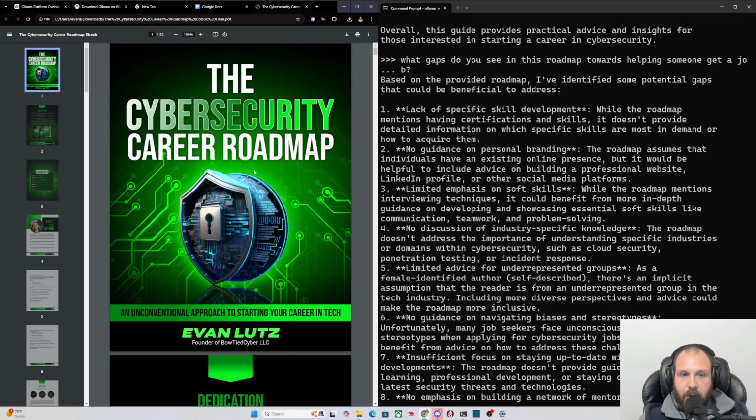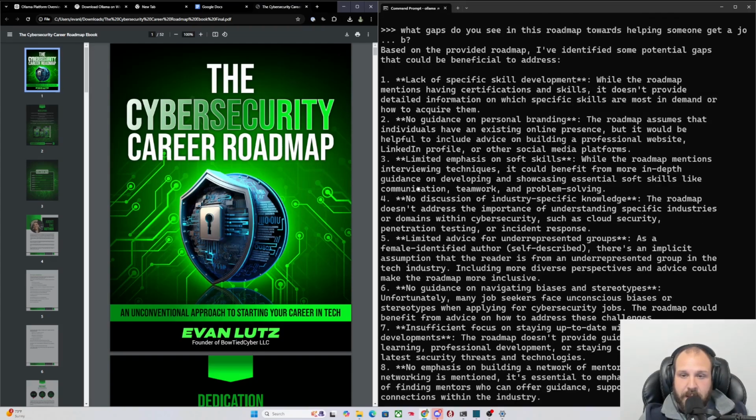I don't have a lot of soft skills in here because this is focused entirely on the technical aspect. So no discussion of industry-specific knowledge. The roadmap shows the importance of understanding specific industries or domains within cybersecurity, such as cloud security, penetration testing, or incident response. So this is actually something that's really important because the way that I've always looked at starting a